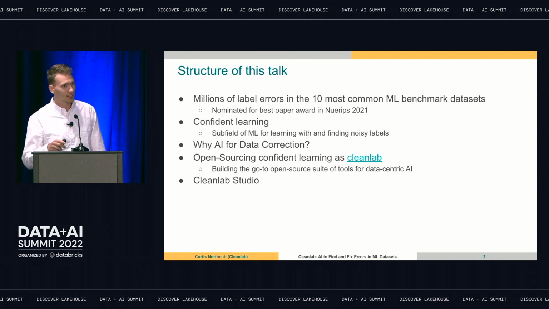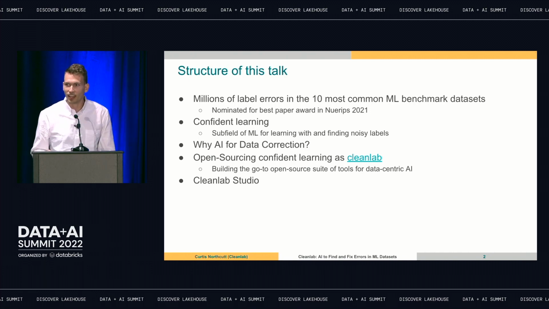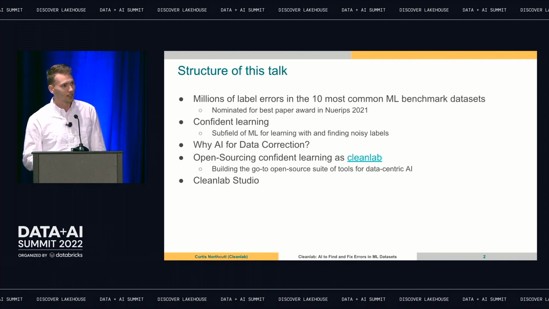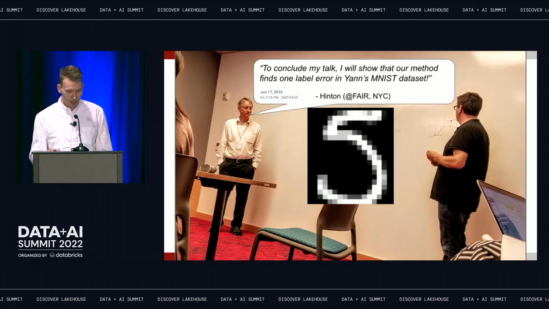What's exciting about this talk is this is the first time ever that I've announced Cleanlab Studio, and we're announcing it today. So this is a complete no-code automated solution for enterprise and also for individuals to just fix data. You just upload a data set and it'll fix. And at the end of the talk, I'll show you how that looks. All right, so let's get started.